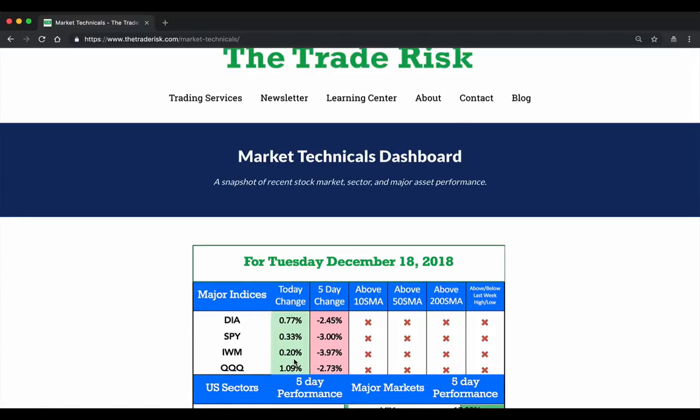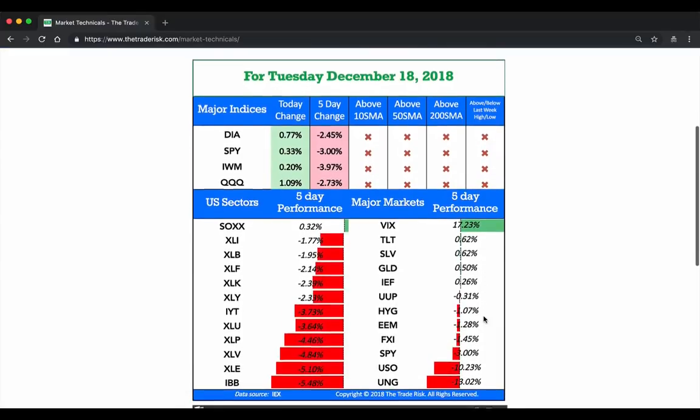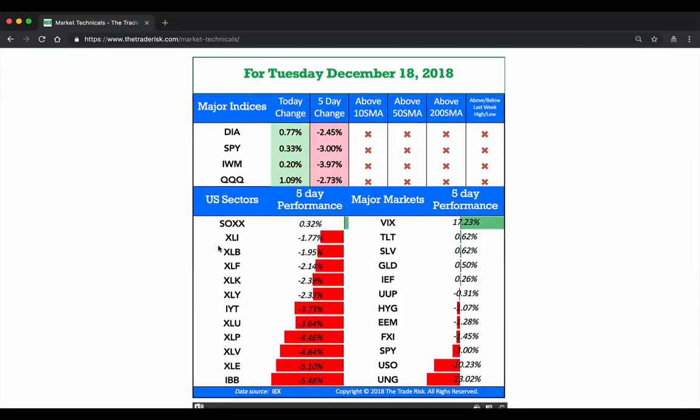Yesterday, sellers were certainly in control, breaking us down through some support. So we'll talk about that when we look at the charts. But the 5-day change is still in the red here. We're below all of the key moving averages. We're below last week's lows, and we basically have a sea of red when we look at the individual sectors. Basically everything in red territory except for semis, just trying to hang on to flat over